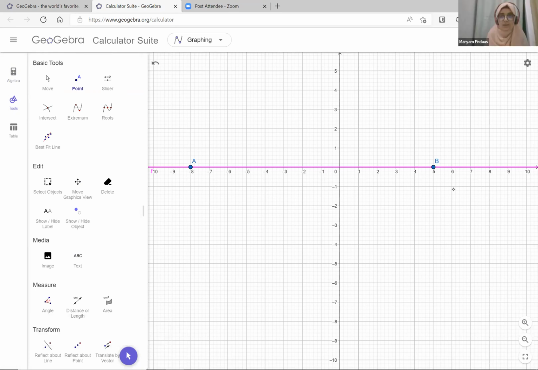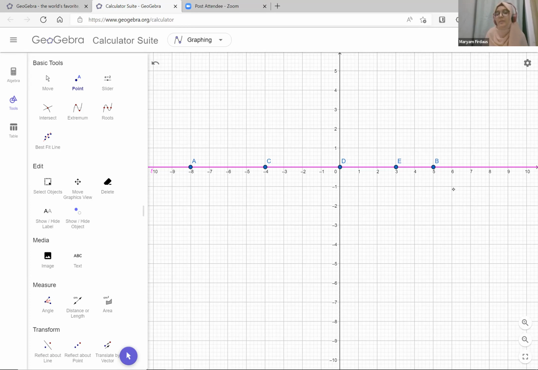And what is B? 5. How about this one? -4. How about this? 0. How about this? 3. Okay. So Hiba, can you arrange these numbers -8, 5, -4, 0, and 3